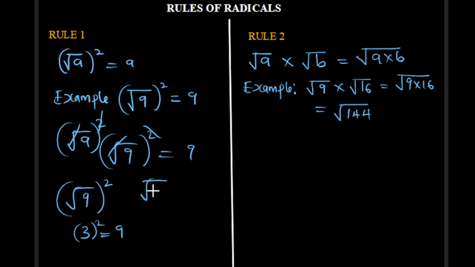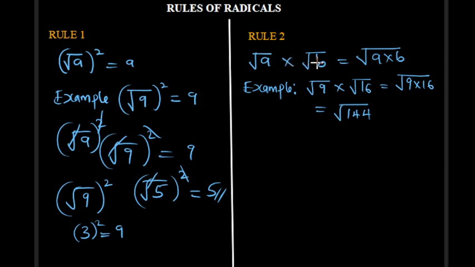So in a case whereby you have root 5 all squared, there is no way you can take the square root of 5 to get a whole number. So what you just do is cancel this, and you are left with 5. Then for rule 2, we have